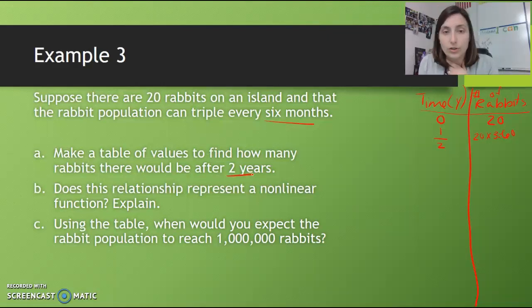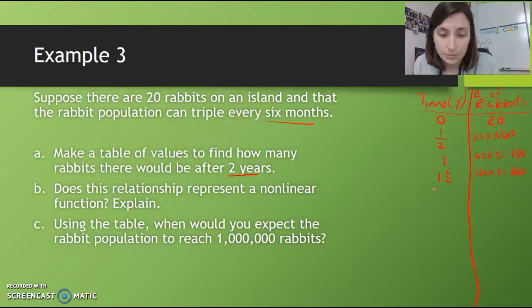But it's wanting after 2 years, so I'm going to keep going. After 1 year, we take 60, because every 6 months it triples, and 60 times 3 is 180. And then at 1.5 years, we're going to be at 180 times 3, which will give us